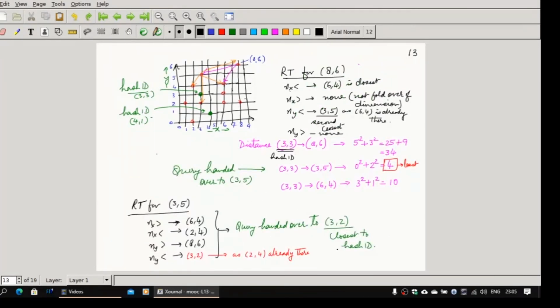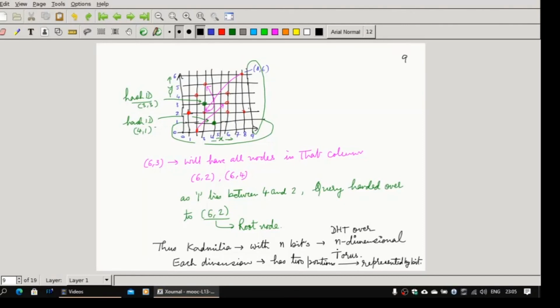So let's now take the same example, but now we have to find out the hash of 3,3. How will this be done in this case? This case is not the same as before, where we first took the precedence of nx, found the closest nx, froze it, and then found the closest y. That is the way the root node was found there. Here it is based on Euclidean distance.